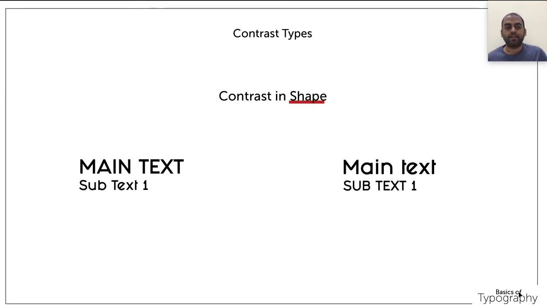And next, there is one more thing which most people are not aware of, or there is a common myth that it should not be used, which is contrast in shape, nothing but contrast with full caps and small caps. You can combine caps and small caps, and it definitely looks good. The only thing you should avoid is using caps for a paragraph text. Even in a paragraph, if you want to highlight a particular word, then definitely use caps; that will not be any issue.